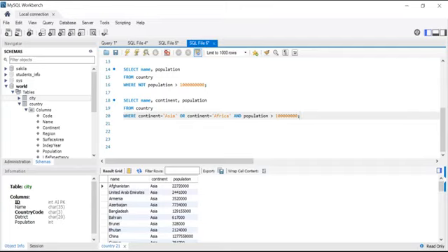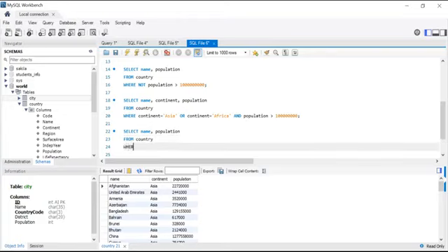For example, rather than using the OR statement 3 or 4 times, we can create a list, use the IN operator, and use the condition. For example, if continent is in Asia, Africa, or Europe, give me the name and the population of the country. For example, we can write select name and population from country